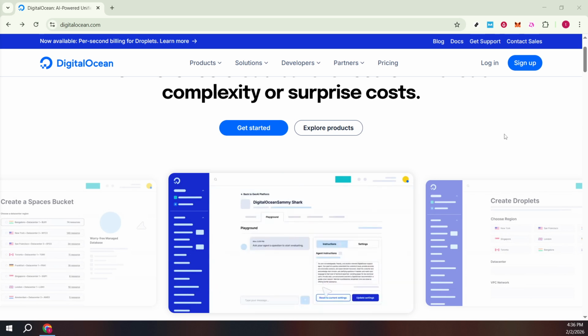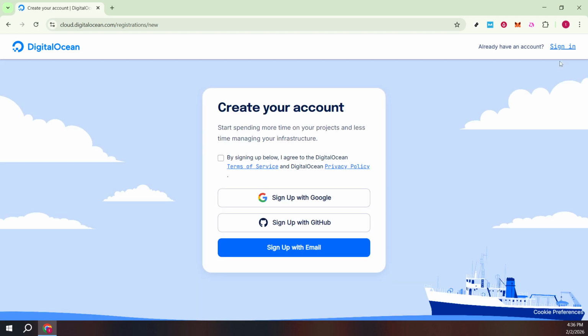Once you're on the home page, look to the top right corner and click Sign Up. This takes you to the registration screen where you'll begin the account creation process. If you don't see it immediately, give the page a second to load or ensure you're not already signed in